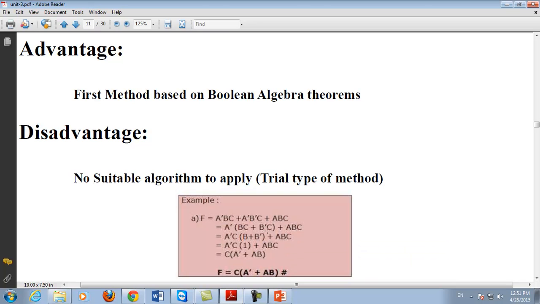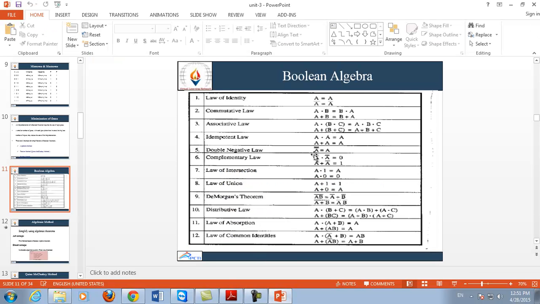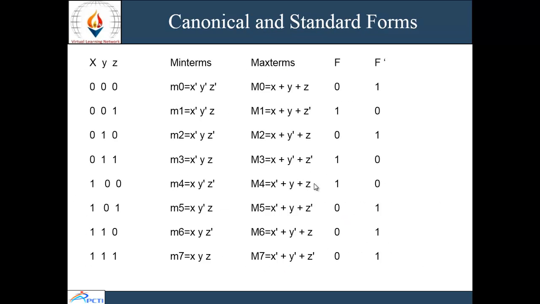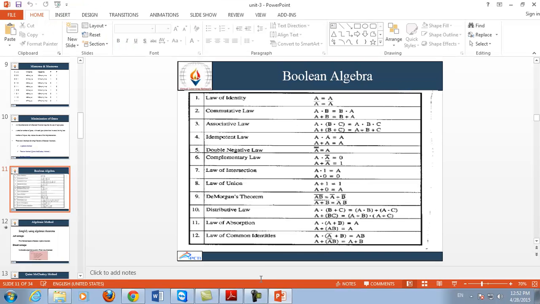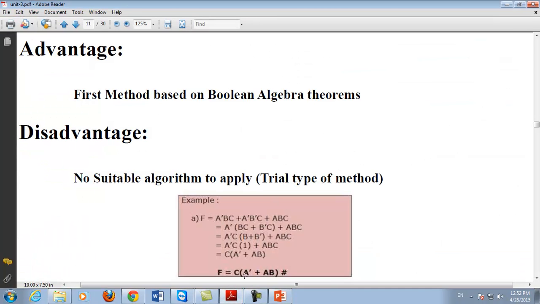Then from this equation, C is also common: A complement C, the remaining is B plus B complement, and the remaining portion A plus C, ABC is written as it is. Now B plus B complement is equal to 1, as we saw using the laws. A plus A complement will always be equal to 1. Similarly, in this case B plus B complement equals 1 and the remaining is ABC.